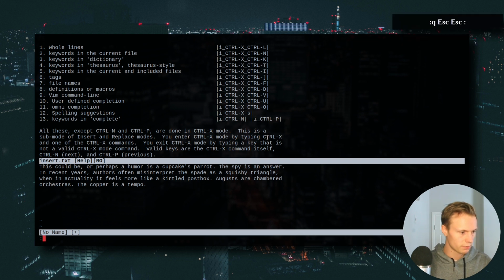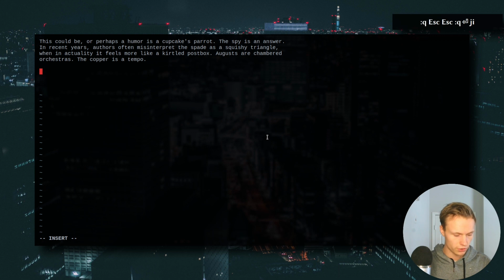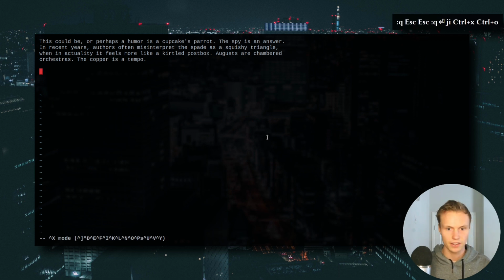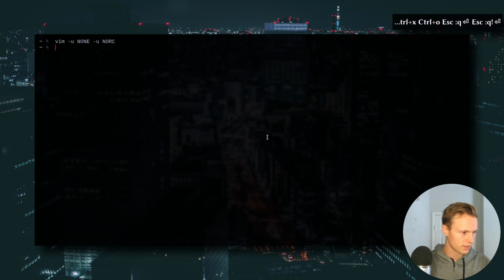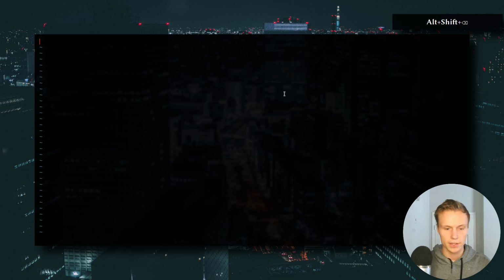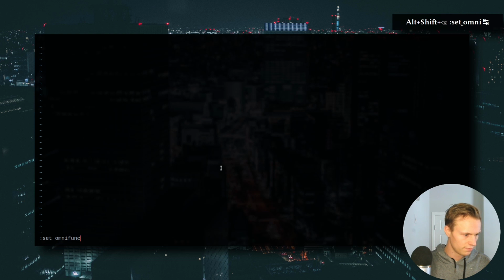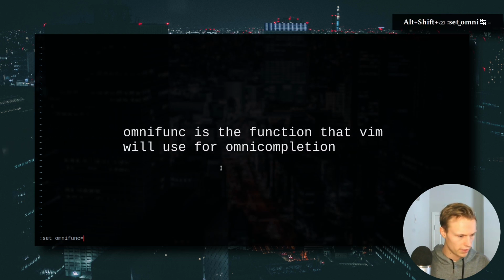So if I just quit this window and try to use it, Control X, Control O, it's going to say there's no Omnicomplete func or omnifunc set. That's basically saying that there's nothing set to use for completion in this file type, since we don't have any special things set up. If I just leave this, here we have a JavaScript file, so we're going to do set omnifunc equals, and then we're going to do Java